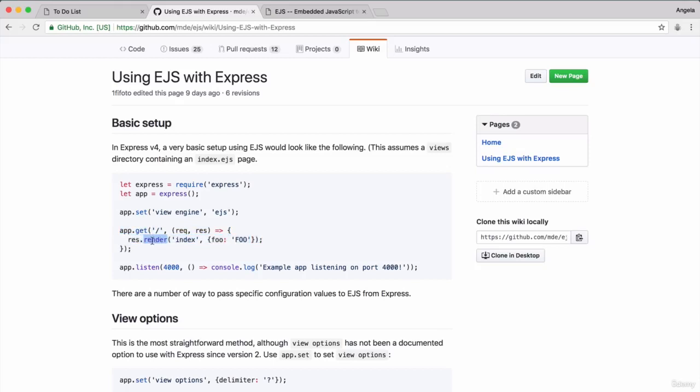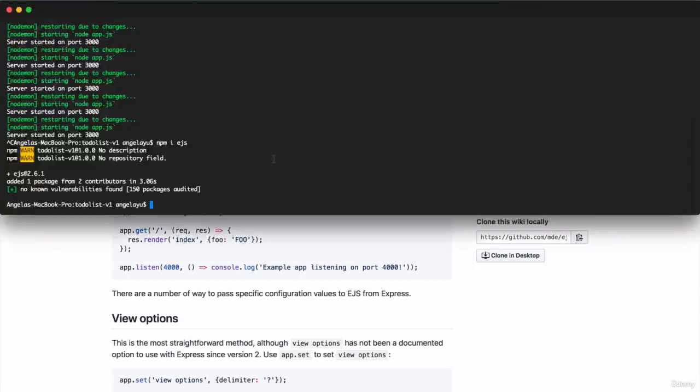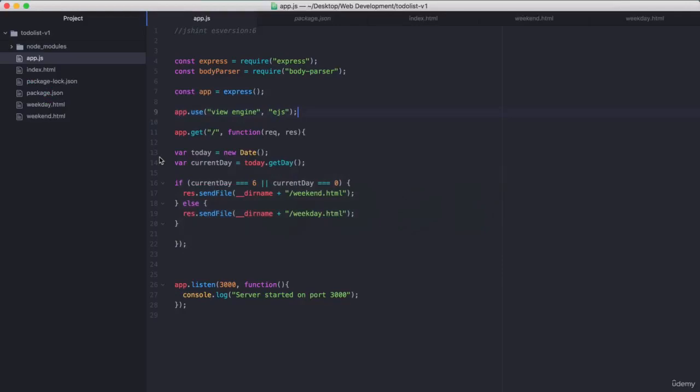And this uses the view engine that we set up here to render a particular page. So in this case, we're rendering a page called index, and that will be an index.ejs page. So up here it says that this code assumes that a views directory exists and it contains an index.ejs file. So in order to use EJS or pretty much any of the view engines, then we need to